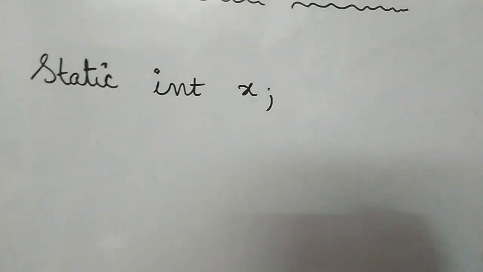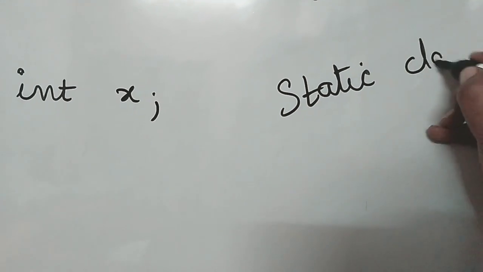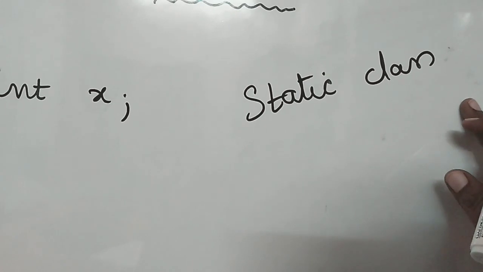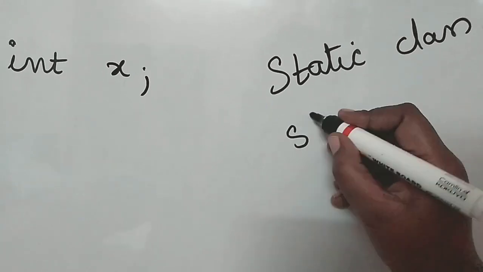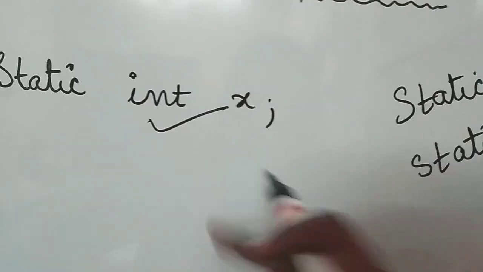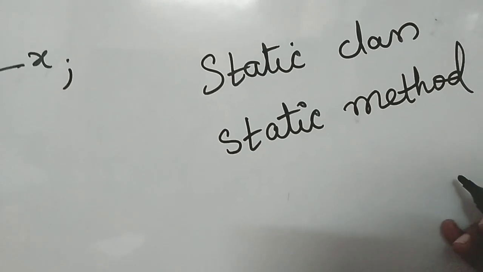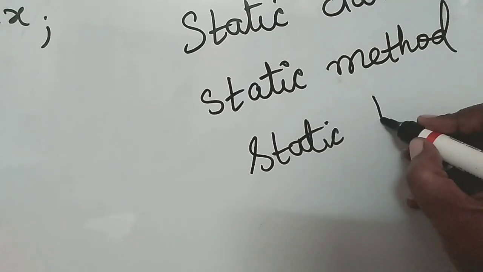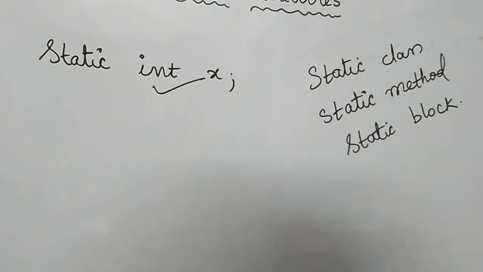The static keyword can be applied to classes, making them static classes. Here one thing is that your outer classes cannot be static. Only the inner classes or the nested classes can be static classes. And you can apply this to the variables like how we have done here. So these are static variables. And you can also apply them for methods. So static methods are there. And also there are static blocks. So a block also can be a static block. So you can apply the static keyword for all these things.